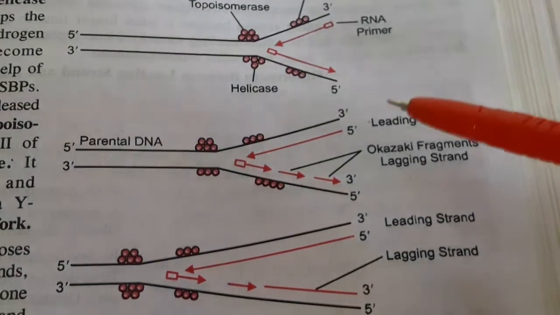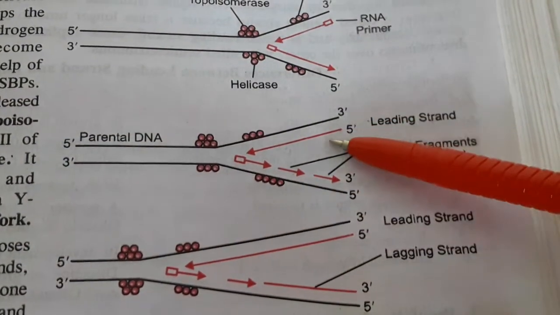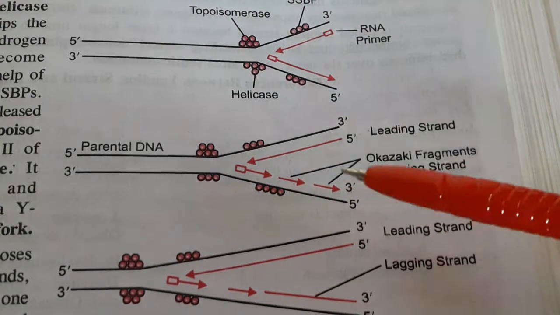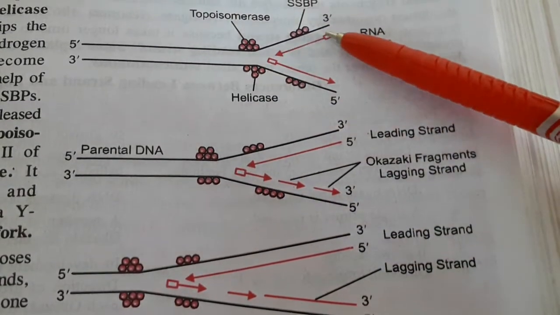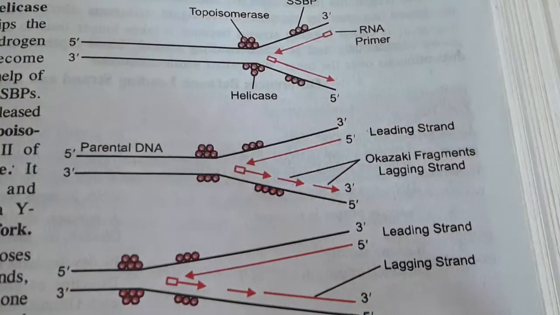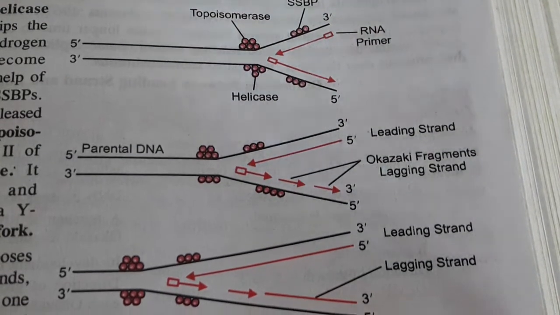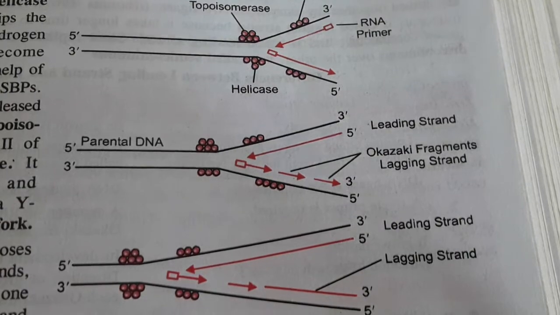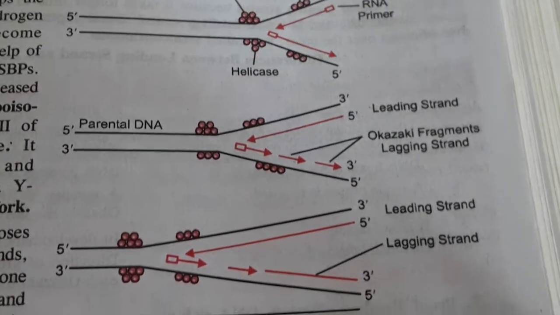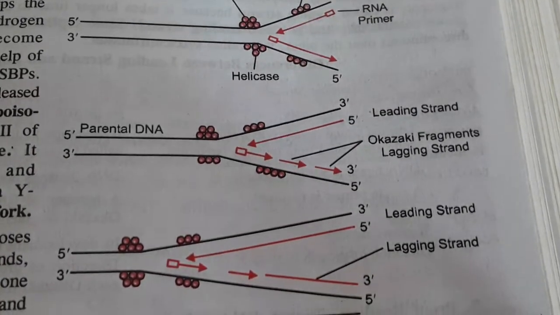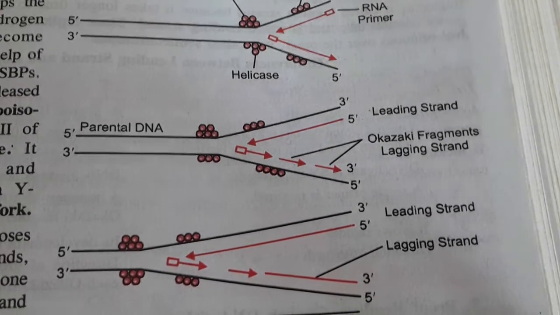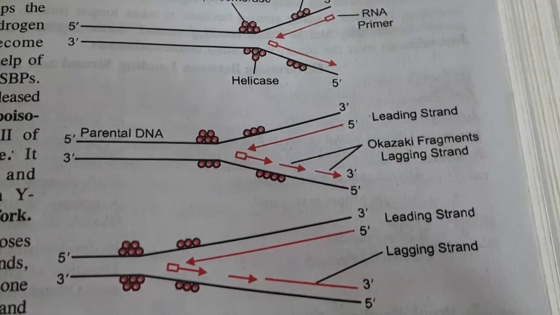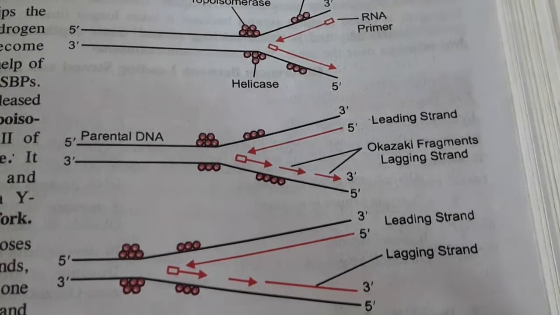Now we know that the whole event of replication, the DNA strands, are present within the nucleus. So when it starts opening, it will require deoxyribonucleotides for its synthesis. These nucleotides occur freely in the nucleoplasm, and they are of 4 types: dAMP, dGMP, dTMP, and dCMP. That means deoxyriboadenosine monophosphate, like that.